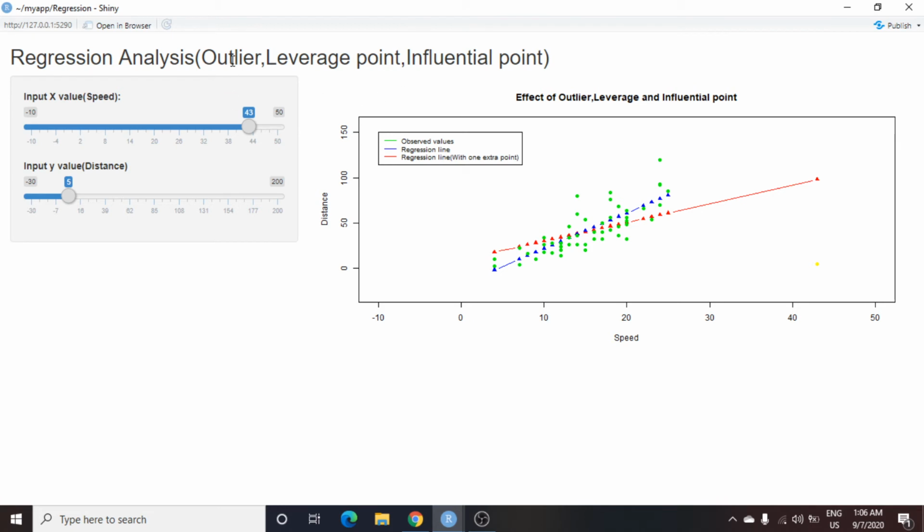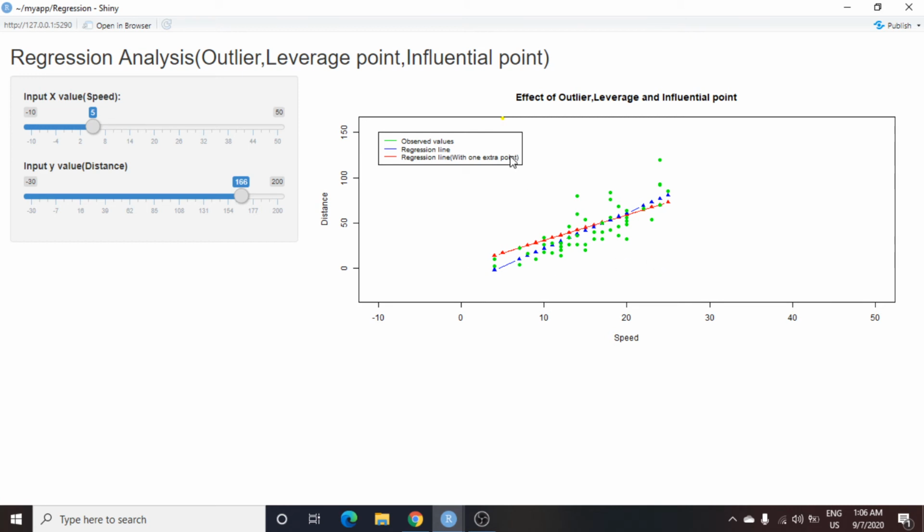So I will first give an example. We will see from the graph a value which is an outlier but not a leverage point, but is an influential point. So if you set x equals 5 and y equals 168, this yellow observation has a y value that is quite extreme with respect to the other data points, but its x value is well within the range.